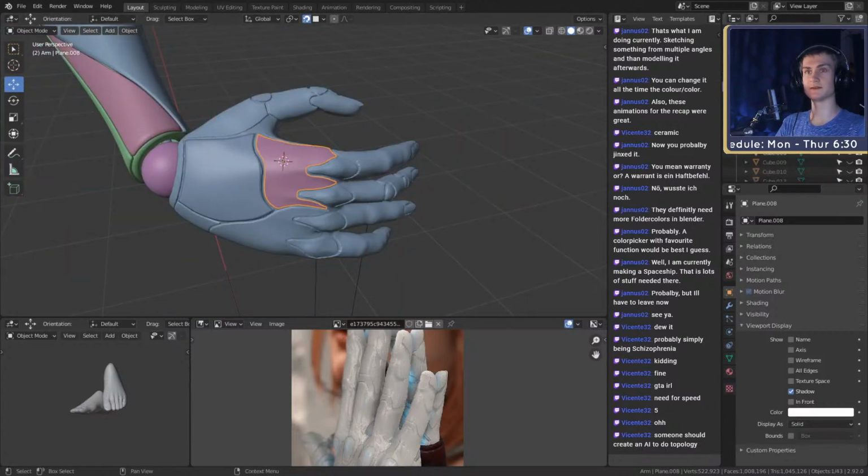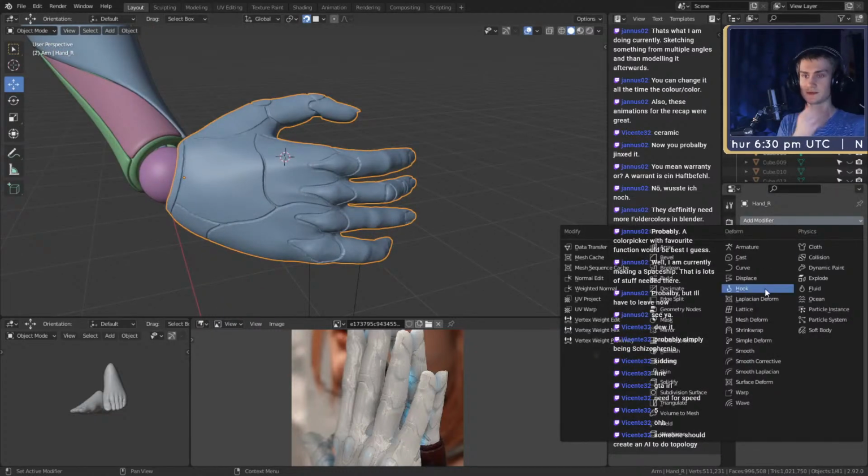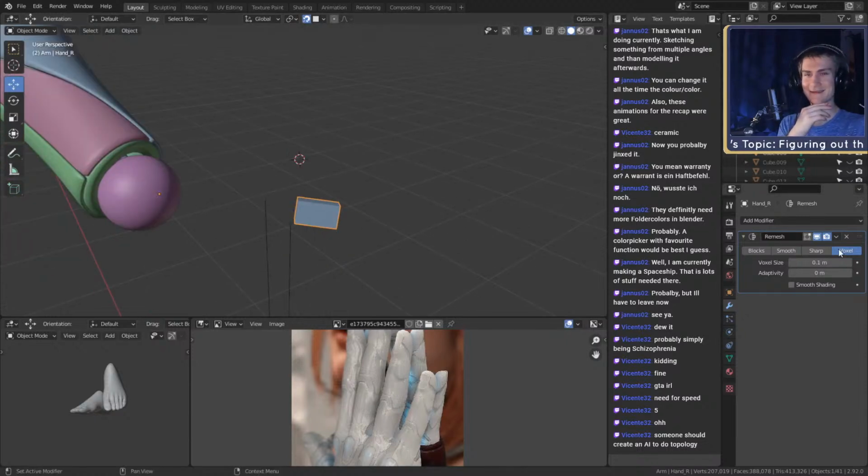What we can do, for example, is we can go in here. Where are my plates? There it is. We have a modifier for this. We can use, for example, remesh. This way we can, who would have guessed, remesh the whole thing. It takes a while because it's so big. Now we have a cube. Hold on. Okay, it's set to Voxel. If we set it to sharp,